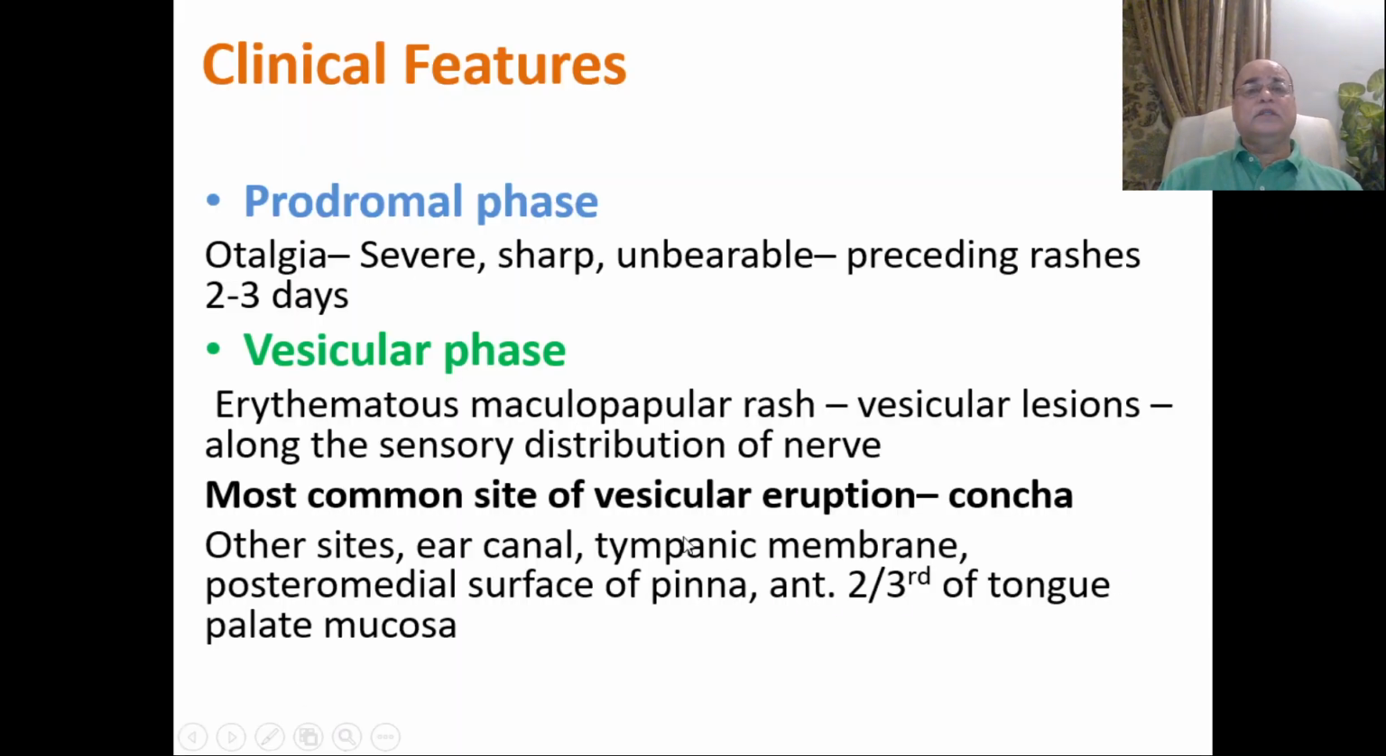So clinical features: the patient will be presenting in a prodromal phase with otalgia. This otalgia or earache will be very severe, unbearable, sharp, and it will be there for 2-3 days, and then it will be followed by rashes, skin rashes or mucosal rashes. So first will be pain, followed by the vesicular phase, in which there will be an erythematous maculopapular rash, which